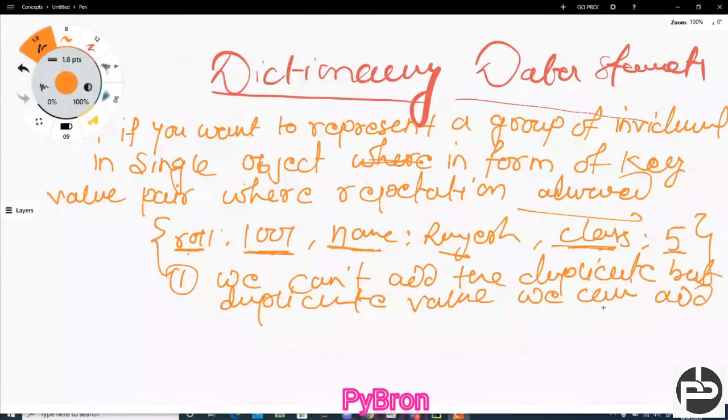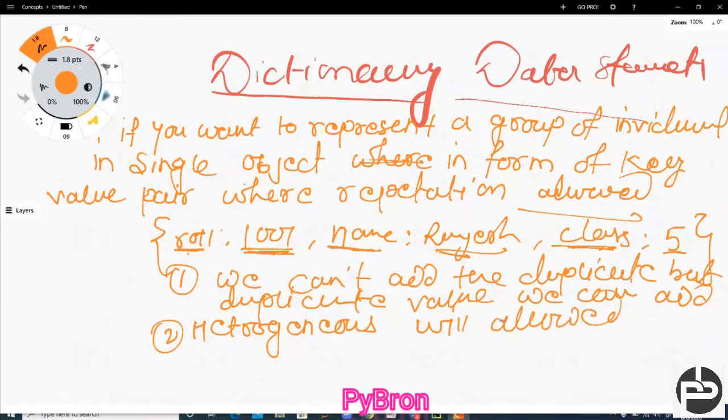Next thing is that heterogeneous elements we can store. See, right now we stored numbers and strings also. Heterogeneous is allowed. Third, indexing and slicing concepts are not applicable.